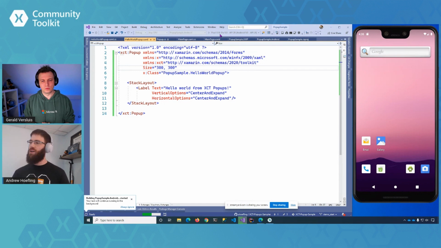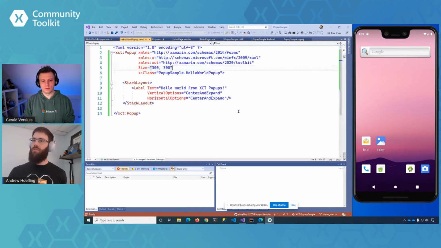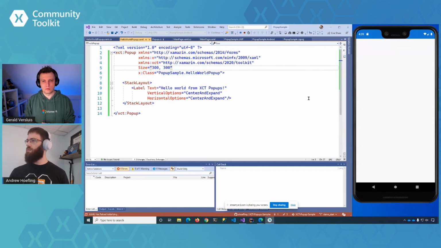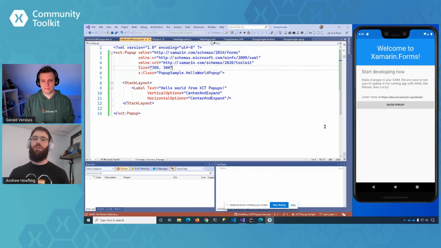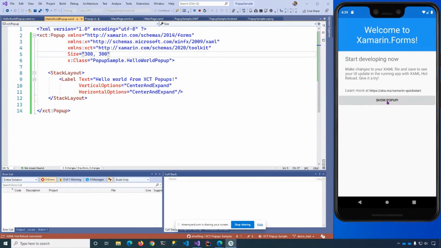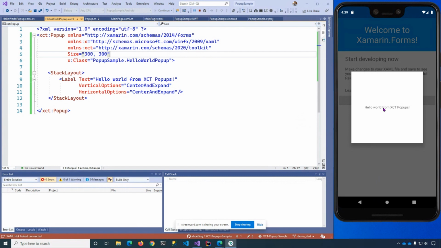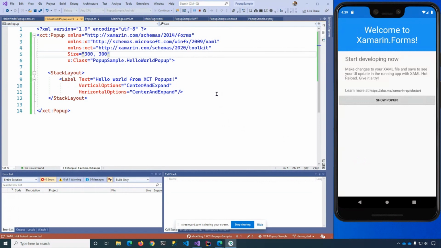So we started a file new project and we added a button onto the main screen, and when you click that button, a pop-up renders. So just getting us back to our point of reference from last week, and then we can start going into control flow stuff. So we just launched. Give it a second. Perfect. Okay, so we added this new button here. I'm going to click Show Pop-Up, and we have a pop-up. It says, Hello World from XCT Pop-Ups. Perfect. So what we want to do is implement a control flow here.